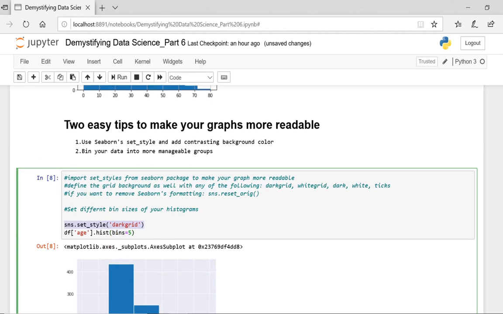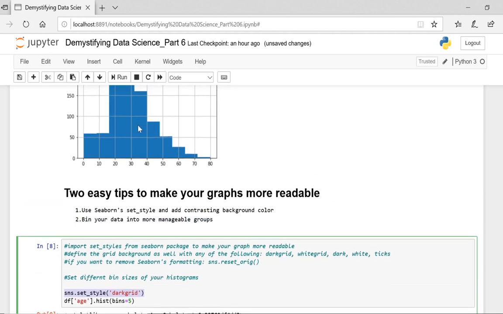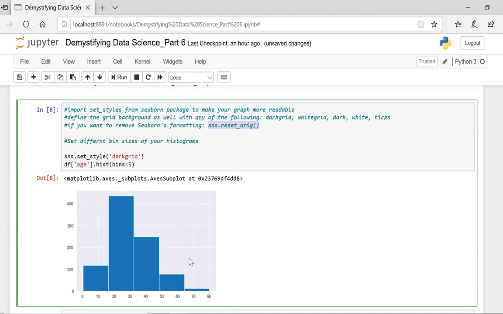If you want to change it back to the default Matplotlib, this is the line of code you want to write: sns.reset_orig with the open parentheses. That is the line of code to get it back to this. From here on out, everything is going to be in the Seaborn style. So this nice little